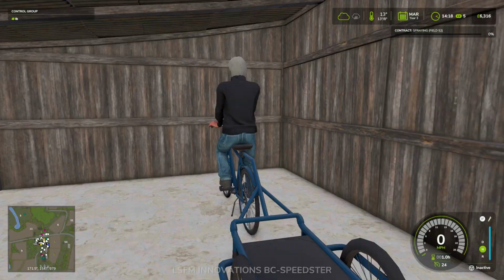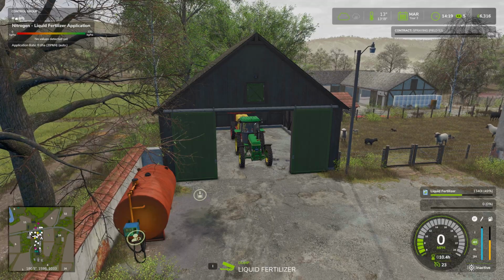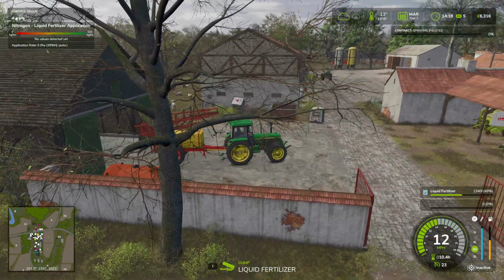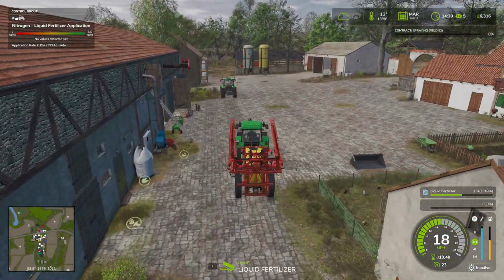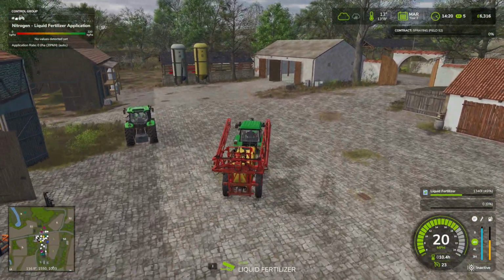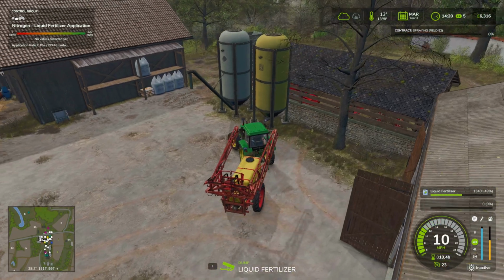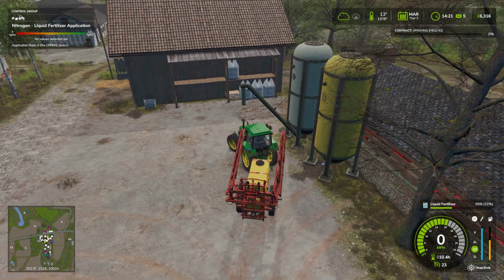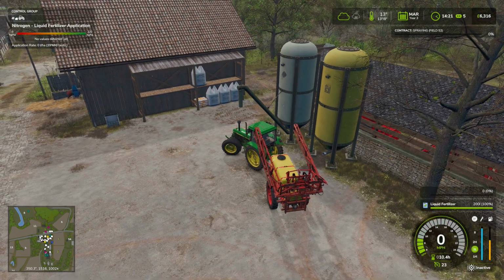Let's get over to our sprayer. We've got fertilizer in it at the minute, which we need to empty out. I think we can empty it out over into our tank over here. That's a liquid fertilizer tank, isn't it? Yep, pumping it out into that tank there. So that is good. We'll do the same again, although with the other...